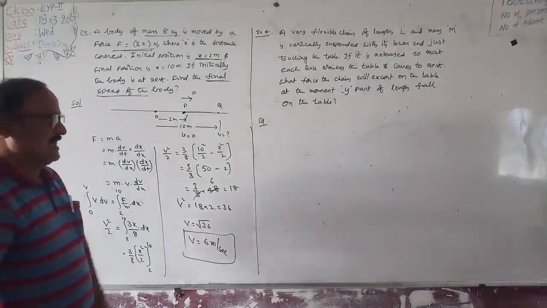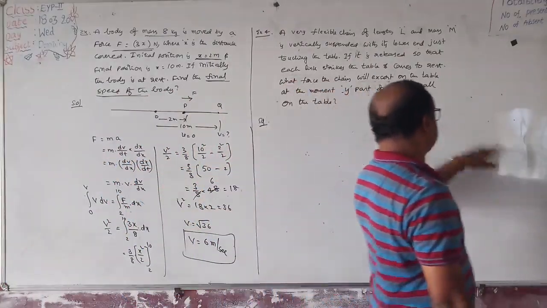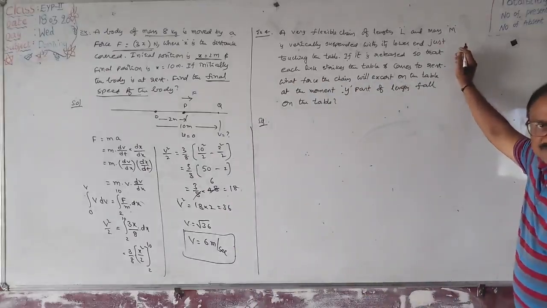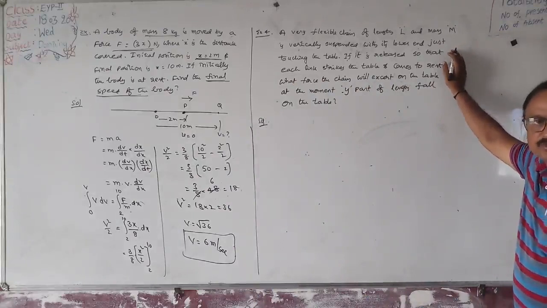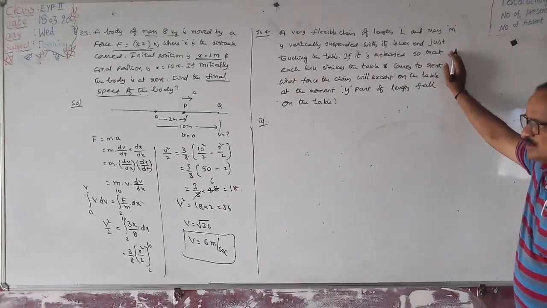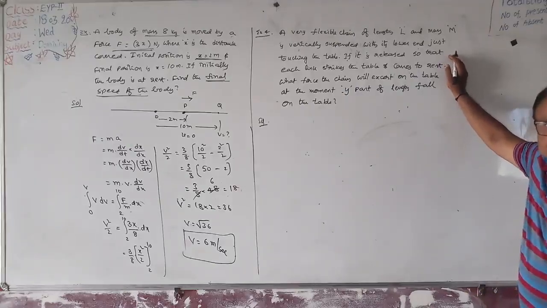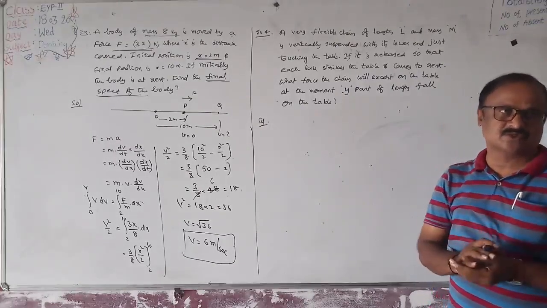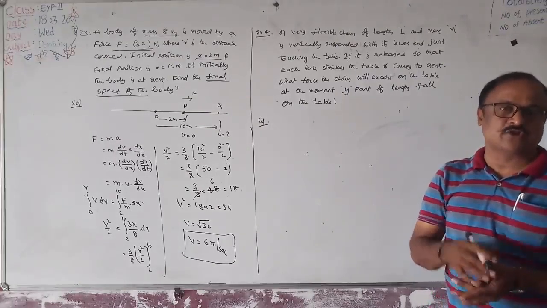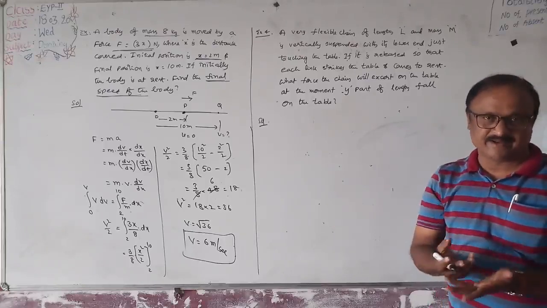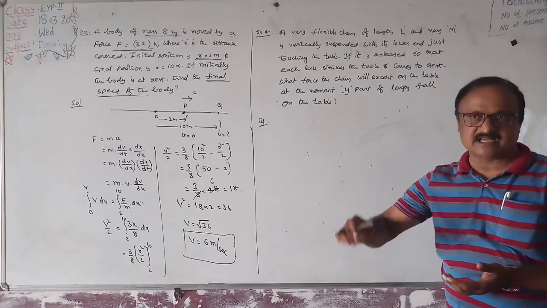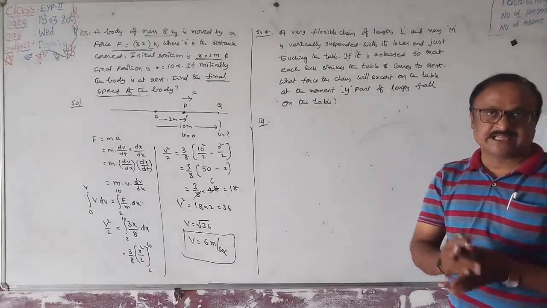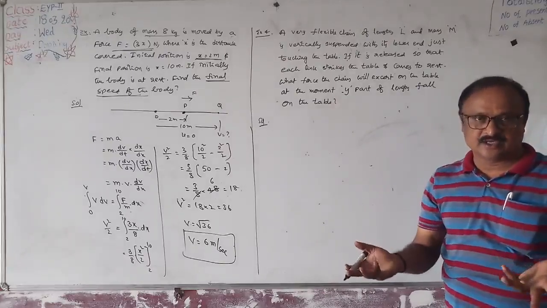Next one, another problem. It's a very important one. Suppose there are so many students who studied in Olympiads and also e-techno schools. They can easily solve such type of problems. But some of the students came from government schools and also other private schools. They don't have enough idea to solve the problems in physics. Why? Because the foundation in the classes was not given by the institution. So that's why they feel physics has a fear.